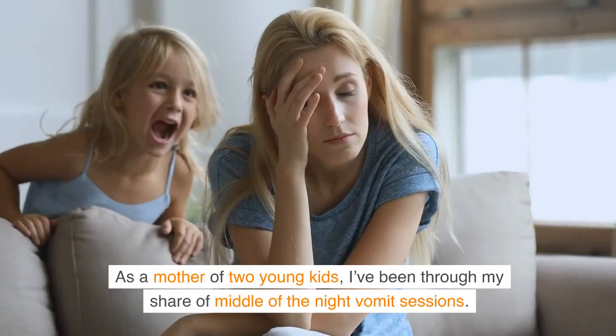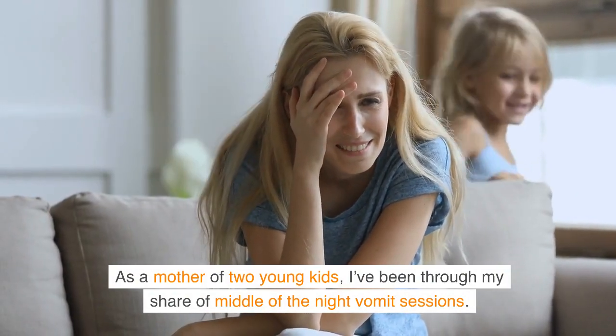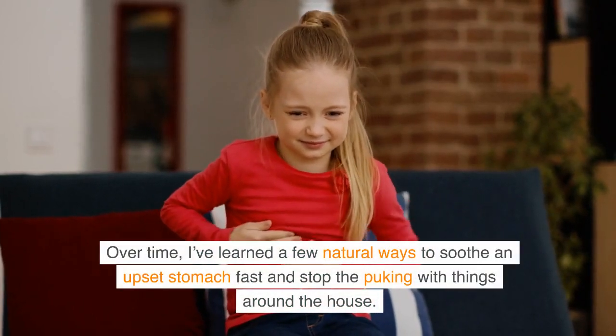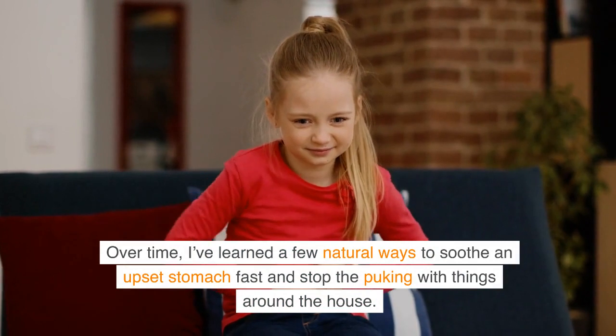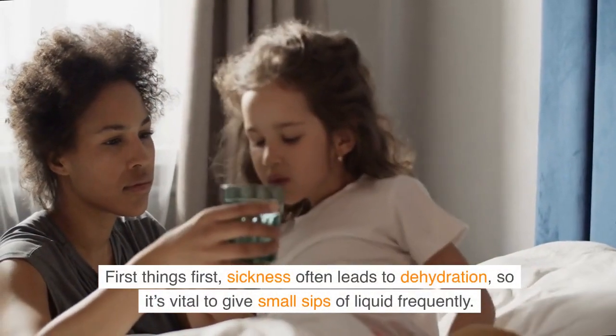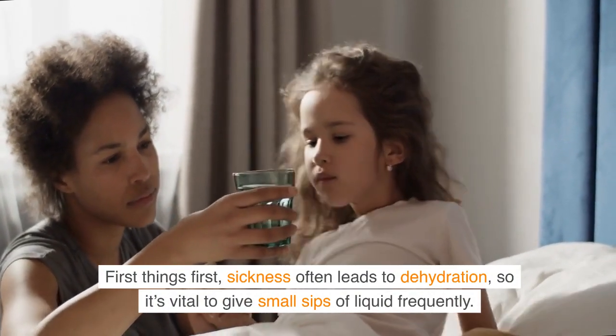As a mother of 2 young kids, I've been through my share of middle-of-the-night vomit sessions. Over time, I've learned a few natural ways to soothe an upset stomach fast and stop the puking with things around the house. First things first, sickness often leads to dehydration, so it's vital to give small sips of liquid